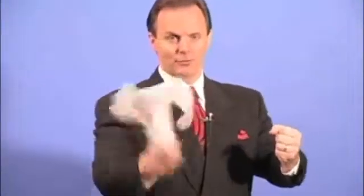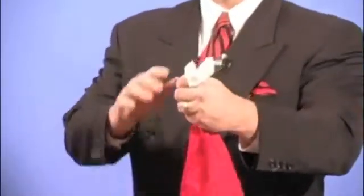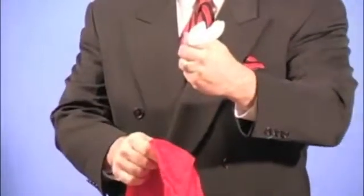Then he would take the other handkerchief, the white one. For the show, he would tuck it into his hand and switch the white one for the red, just like that. That's how he did the trick. Well, I said to myself, I can do that too. So I tried. I pushed the white in and I pulled the red out. I pushed the white in and I pulled the red out. I pushed the white in, I pulled...